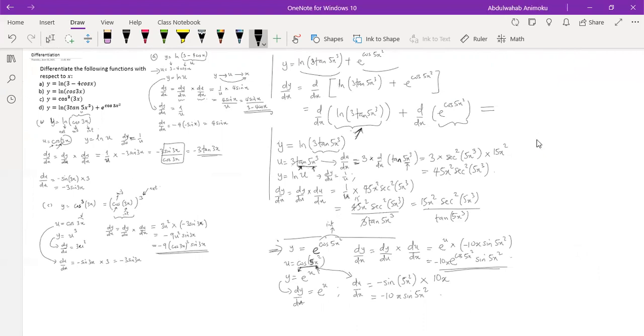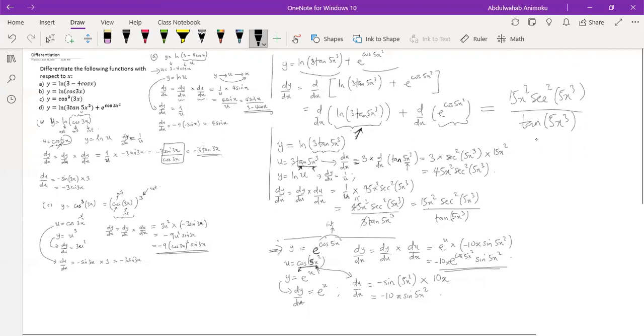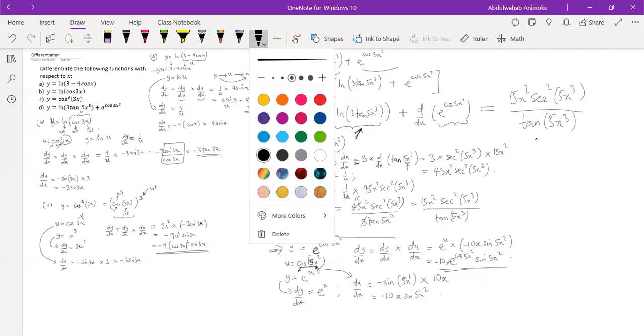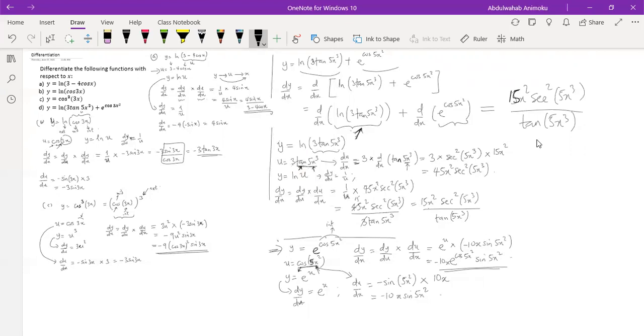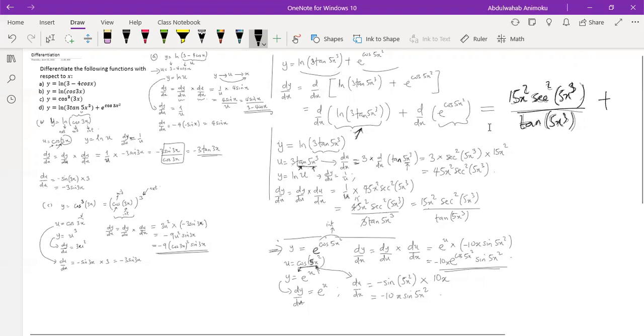The derivative of the ln function, we got it, which was 15x squared secant squared of 5x cubed divided by tan of 5x cubed. So this is what we have: 15x squared secant squared 5x cubed all over tan of 5x cubed, plus the derivative of the second one,